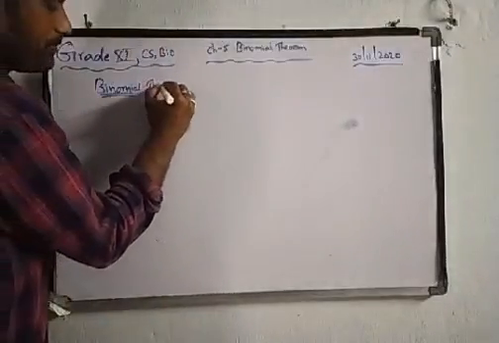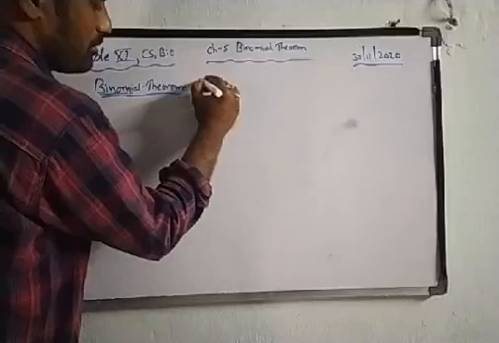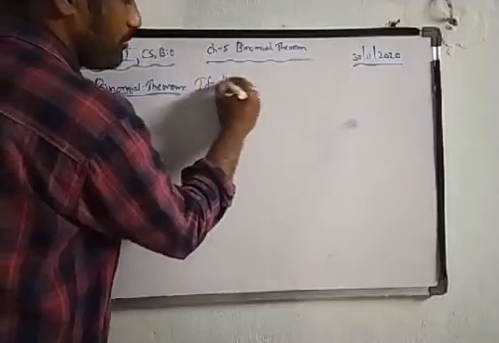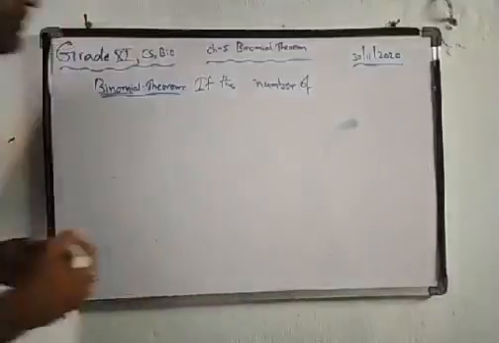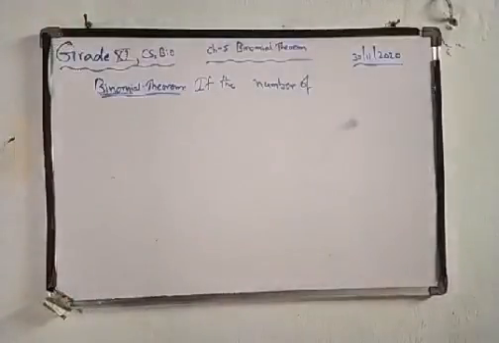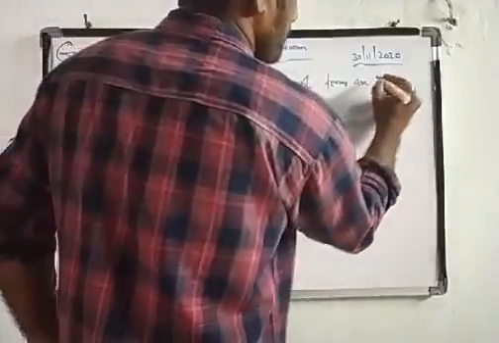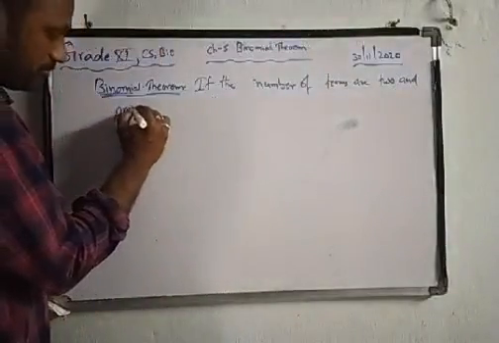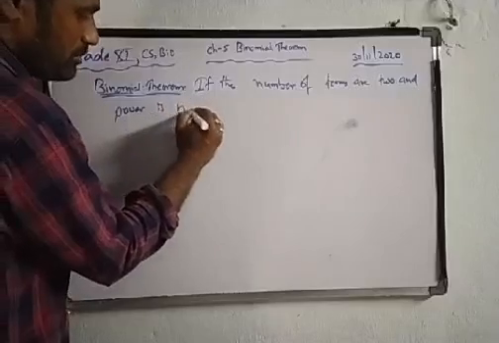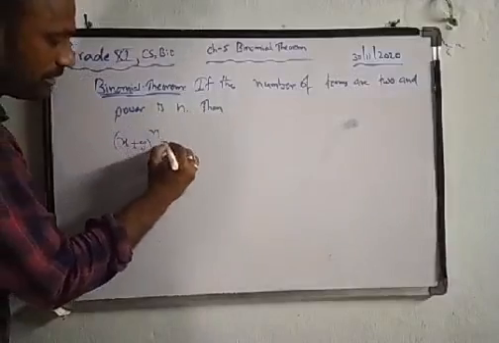So, binomial theorem. If the number of terms is 2 and the power is n, then (x + y) whole to the power of n is given as